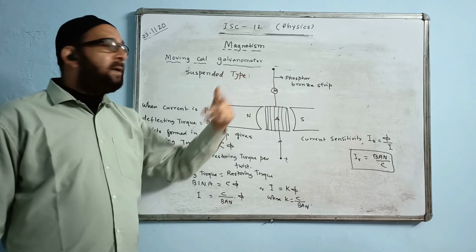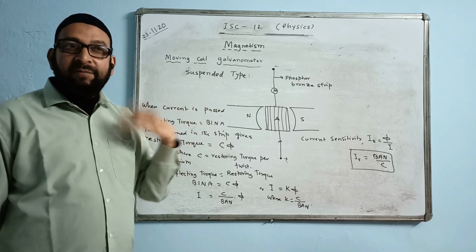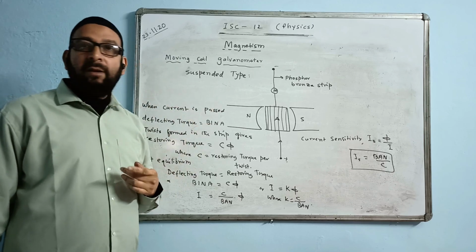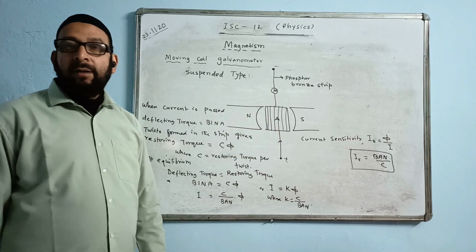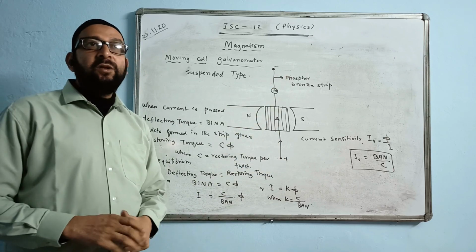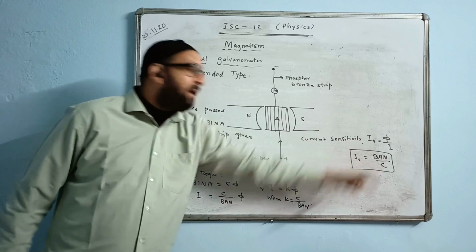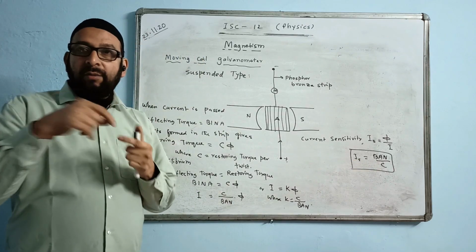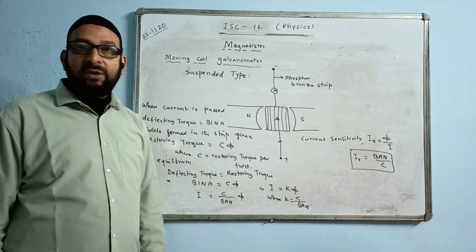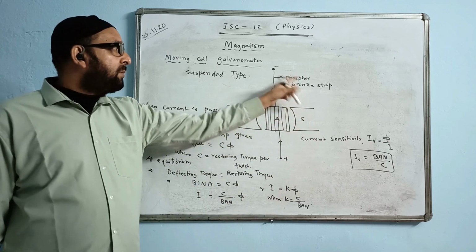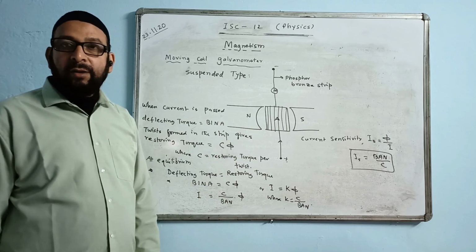If this one is replaced by some other kind of material, then there will be more friction. It will be a rough material, and there will be more friction. But this material has to be a good conductor of electricity because this part is behaving like a wire. So instead of phosphor-bronze strip, if the question comes, can we use copper wire? Copper is a good conductor, but copper will have quite a high value of C. I mean, the friction will be more, it will be quite thick, and also it won't be that smooth compared to the phosphor-bronze strip. So we go for phosphor-bronze strip, the value of C becomes low. This is called the current sensitivity of the moving coil galvanometer.